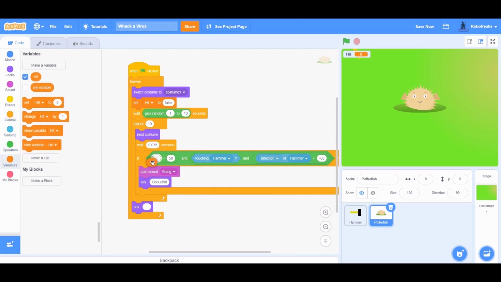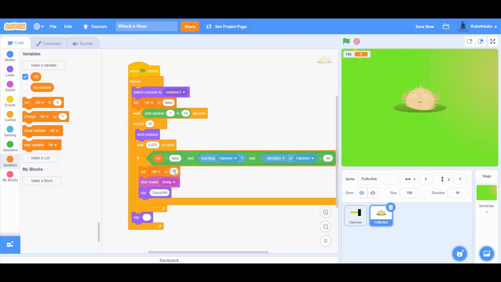If the virus was not hit before and the player smashes the hammer, then we set this as true, indicating that the virus has been hit and cannot be hit again until it comes back up.